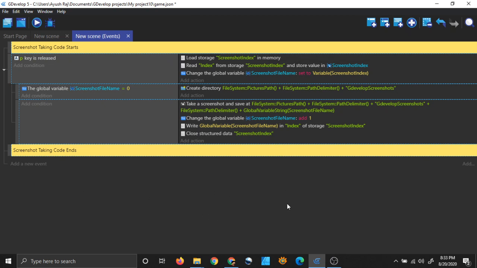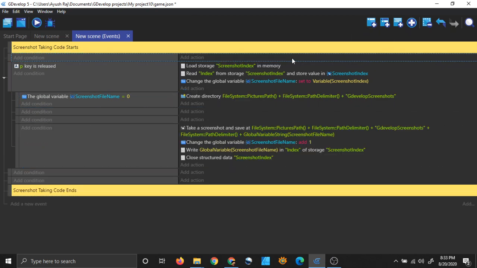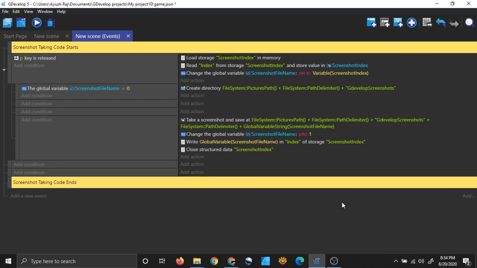If you right click on an empty space, you will not see any options. So to paste, you actually have to add an empty event, and then click on that empty event and then right click and then paste, right? So that's how you can bring the paste option, otherwise it does not come. So that's the process. I will put this file on GitHub and you can download it.